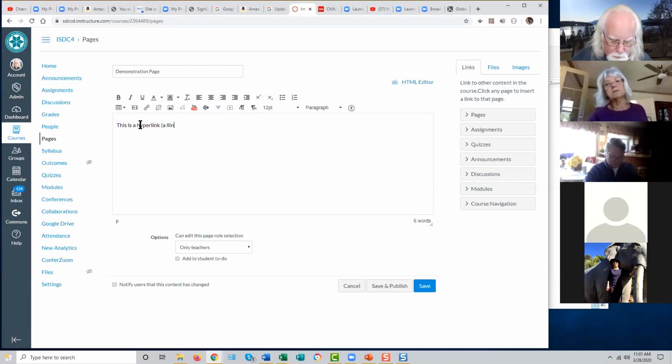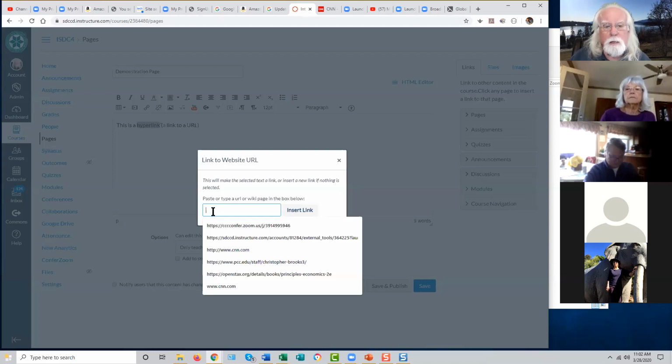A link to a URL, which is how Canvas describes it. That's what a hyperlink is. But if you want the student to be able to click and go somewhere, you can just highlight the text you want to serve as the anchor for the hyperlink and click the little link to URL tool,